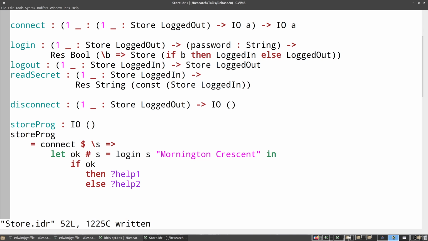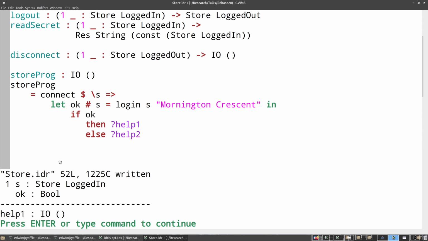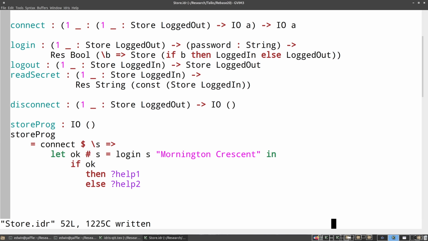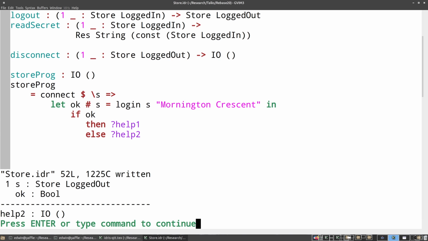So in the case of help 1, we've got a logged in store. In the case of help 2, we've got a logged out store. So we're using holes here. I remember at the beginning I mentioned holes. Holes are really useful for this sort of program because, especially as protocols get a bit bigger, there's a lot more things going on, a lot more possible paths you could take through the protocol. So having holes